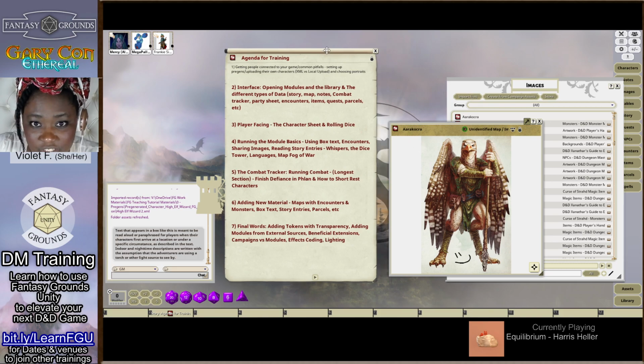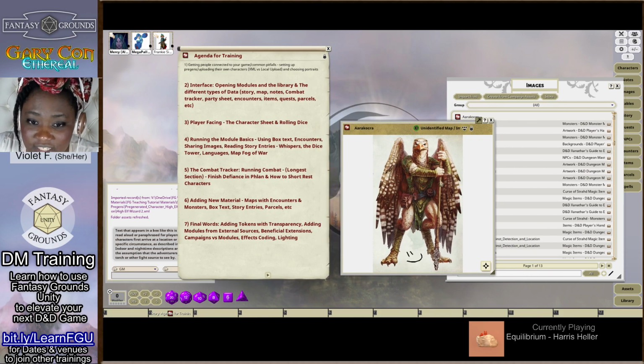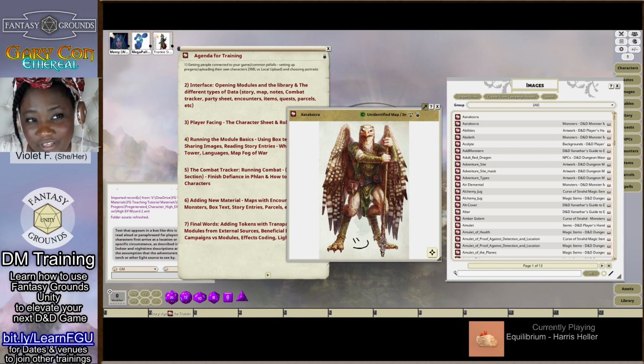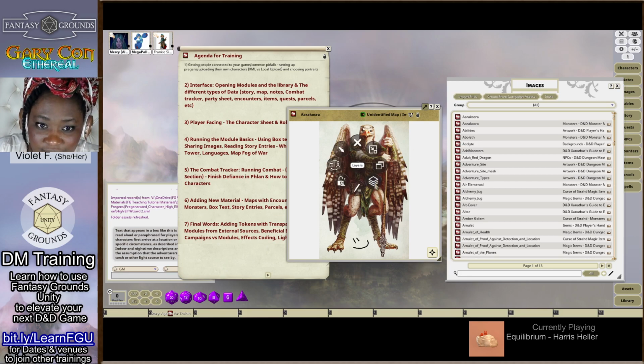Anyway, back to images. Let's say my players run into Aarakocra and I want to share this picture with them. Really quick, if you don't know how to, what would be your guess, Alexis, Brittany, or Matt, about how to share this to you? Right click. So I right click and I'm going to see a lot of options, but the one I'm looking for is sharing. And then once I click that, I can hit share record, or if I am already sharing it, I can stop. So when I hit share record, it's going to pop it up on the player screen,